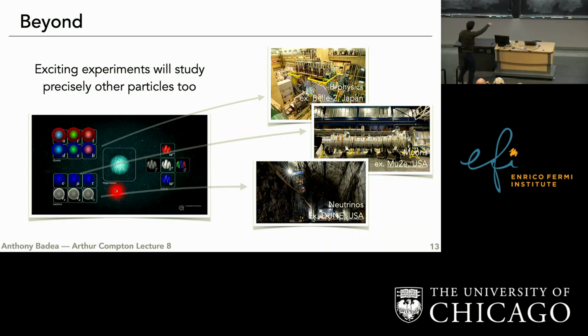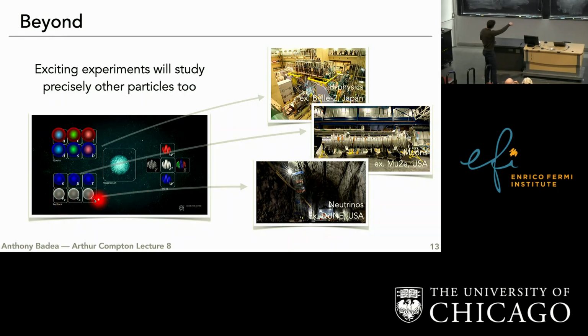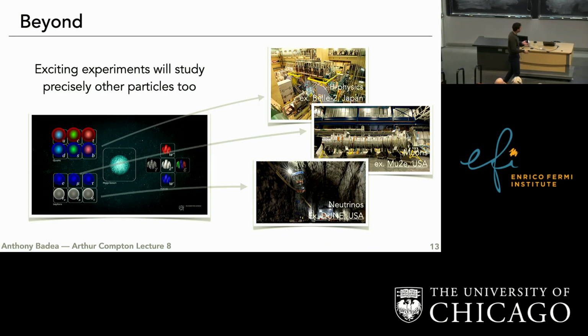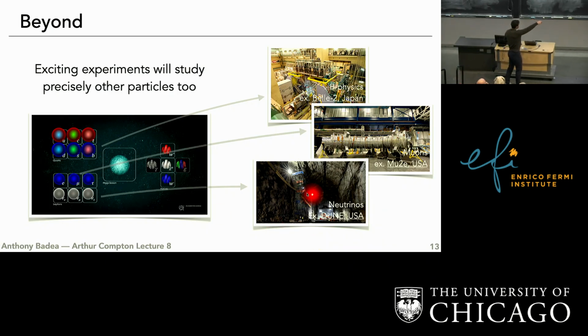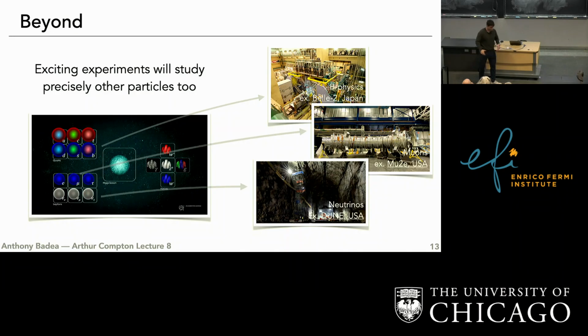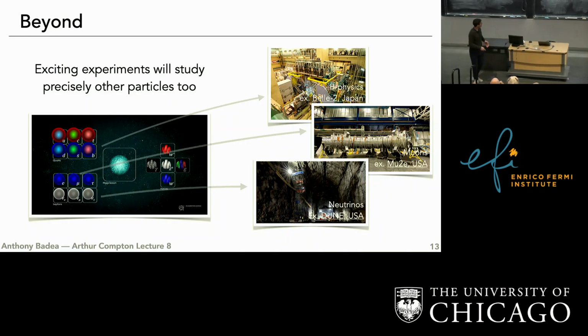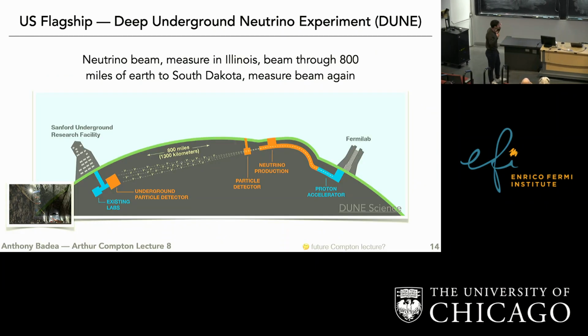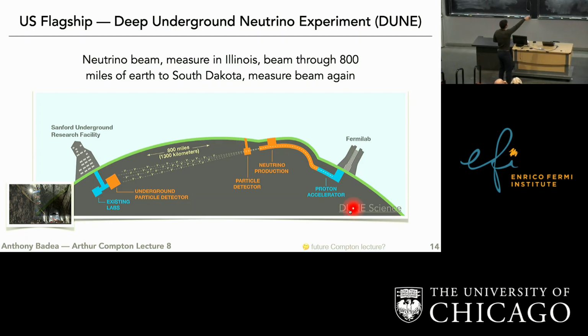And then there's this whole class of particles down here that I have not mentioned basically at all, and these are the neutrinos. Besides the Higgs boson, they are kind of the particles we understand the least about. There's a massive experiment being built called DUNE, where they're digging these giant caverns. This is what people usually call one of the next flagship US experiments. I just have one slide on it because I'm going to guess this will be a future Compton lecture at some point, dedicated to things like this.